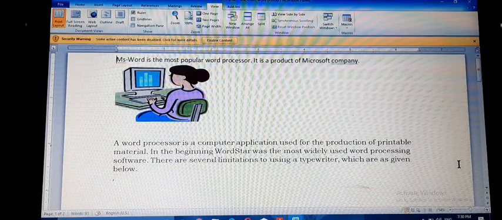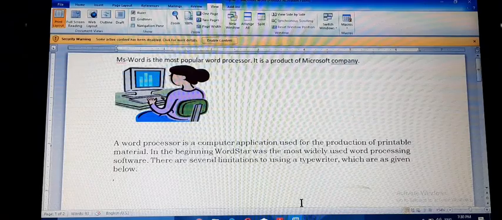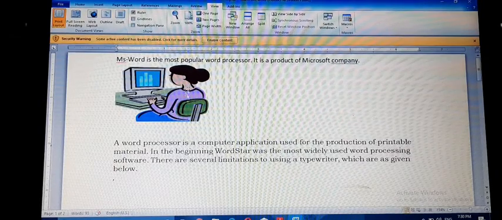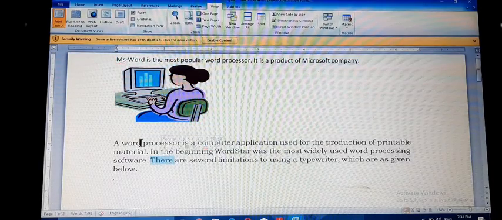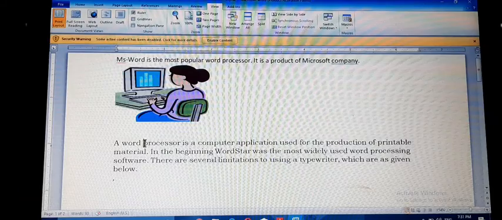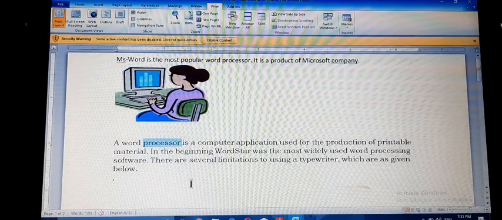We can copy, paste, and cut words also. To copy text, we need to first select the word that we want to copy. Okay.